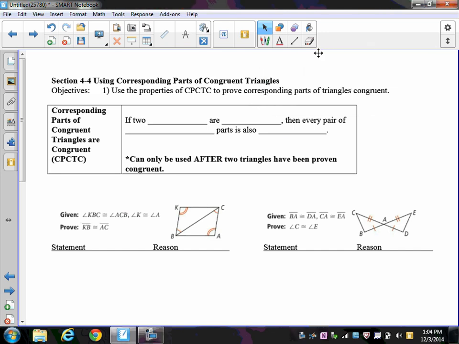These are the notes for section 4.4, using corresponding parts of congruent triangles. Our objectives are: use the properties of CPCTC to prove corresponding parts of triangles congruent. So we always use CPCTC because we don't want to say corresponding parts of congruent triangles are congruent every single time. What this means is if two triangles